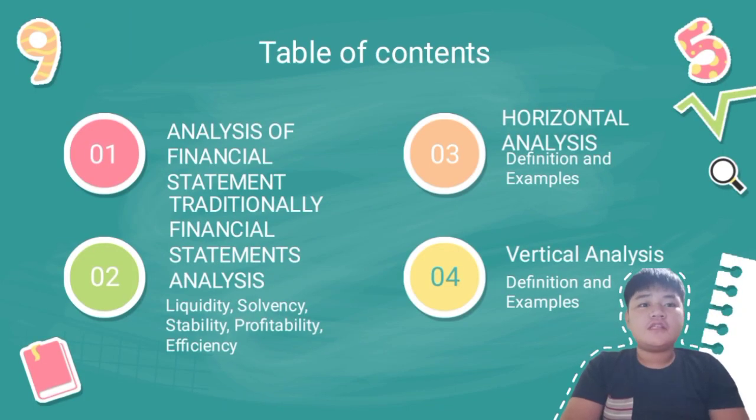The table of contents of this video presentation: first, analysis of financial statement; second, traditional financial statement analysis, which includes the liquidity, solvency, stability, profitability, and efficiency; fourth, horizontal analysis, definition and example; and the last one is vertical analysis,